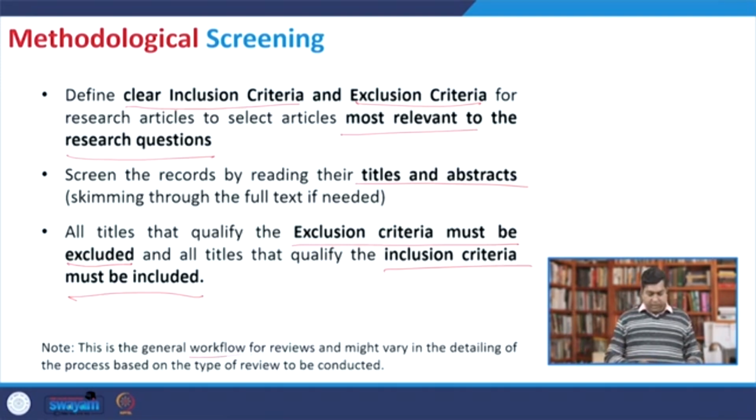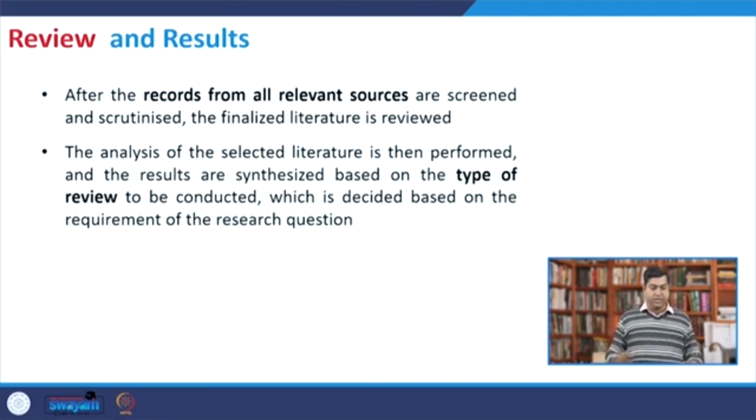So, this is a general workflow for review and might vary in dealing with the process based on the type of review to be conducted. So, it is very generic, definitely it will depend on the type of review that you are adopting. After that, the records from all relevant sources are screened and then you start reviewing it, finalize your list of papers that you want to review, and then again your result and other synthesis of the literature will depend on the type of